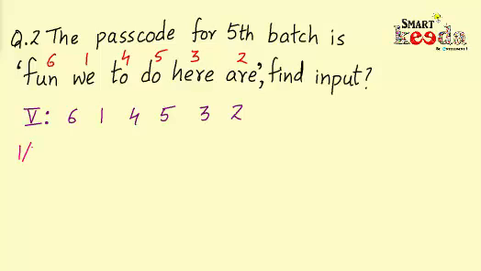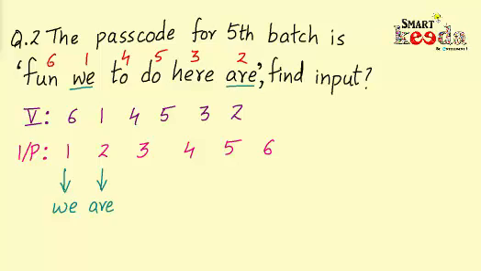Now for the input, we know that the pattern for the labeled numbers is of order 1, 2, 3, 4, 5, 6. Now we would write the words corresponding to the labeled numbers, such as the corresponding word for the labeled number 1 is V. Therefore we will write V below 1. Now we will write the word corresponding to the labeled number 2, that is R, below 2. Now we will write the word corresponding to the labeled number 3, that is "here", below 3.